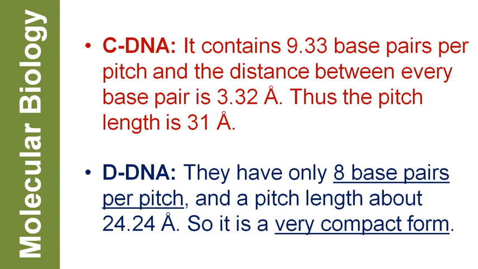The fourth one is D-DNA. They have only 8 base pairs per pitch, and a pitch length is about 24.24 angstrom. So it is the most compact form of DNA. All these 4 types of DNA are right-handed double helix,